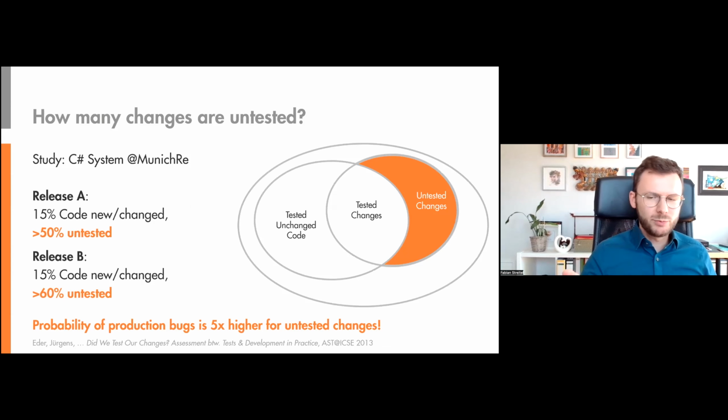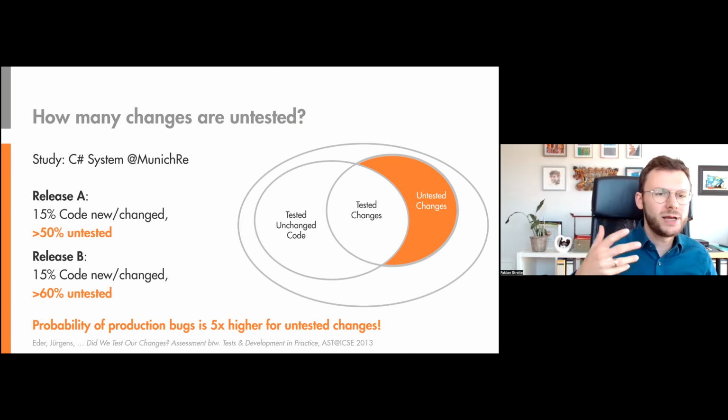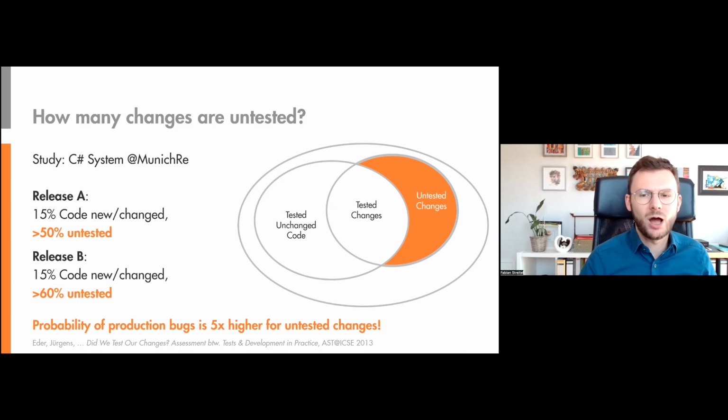So at MunichRE, if you remember back, that was the company that we did this study on before they were using test gap analysis. So we already had some data about several actual systems at MunichRE about how many production defects they had before they used test gap analysis, and how that was distributed between the untested code changes that we're focusing on with test gap analysis and the rest of the system. So that really helped us make this study, because now we have data from before and data from after using test gap analysis. So the things you should remember for the next slides to make sense from here is that